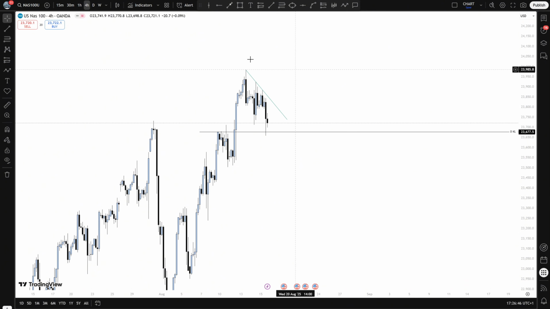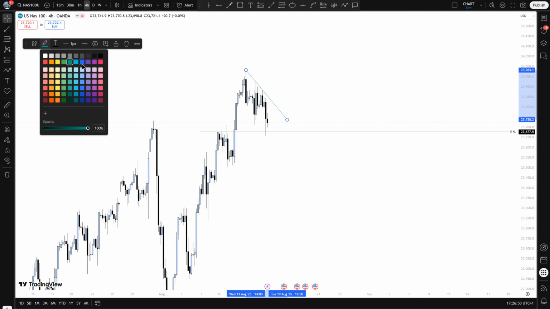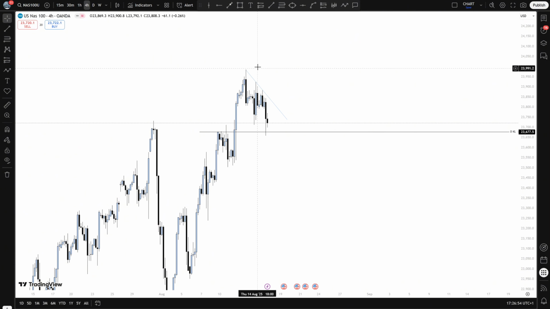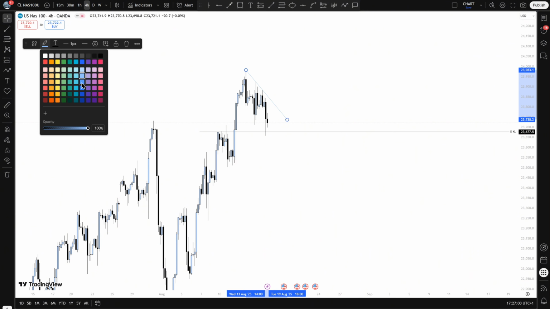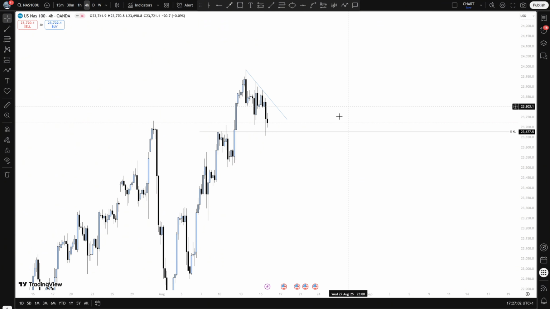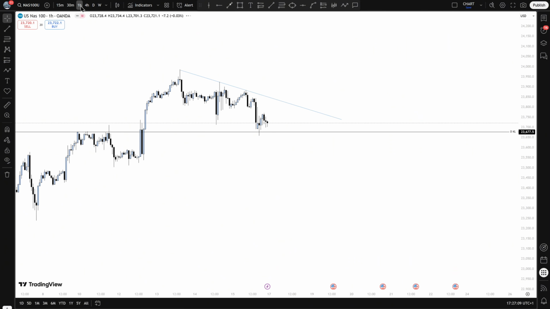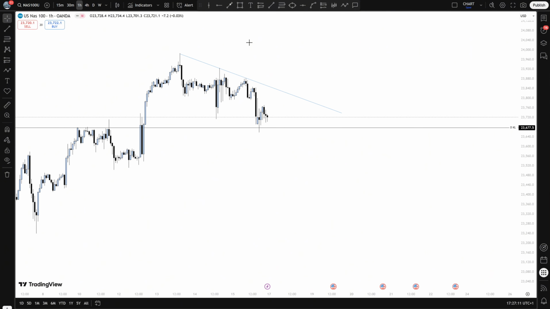We have a trend line coming all the way just like that. I'm going to change that color to blue. Okay, not this blue. So this is a clean trend line that we should be paying attention to too. Let me change the color again. Do we have any other clean key level here? We just have to jump to the 1 hour time frame first of all, to see. Okay, great. So on the 1 hour time frame right now, as you can see,